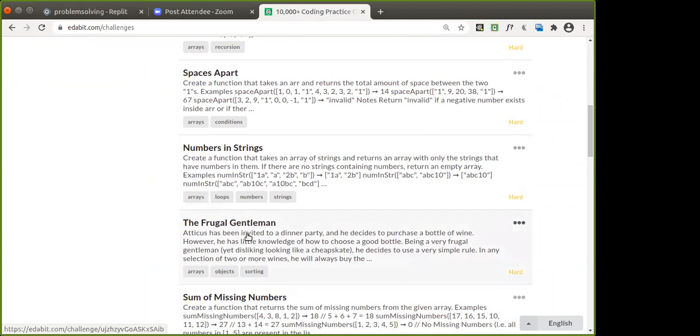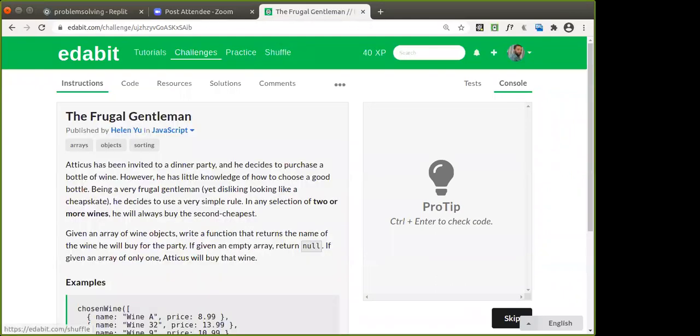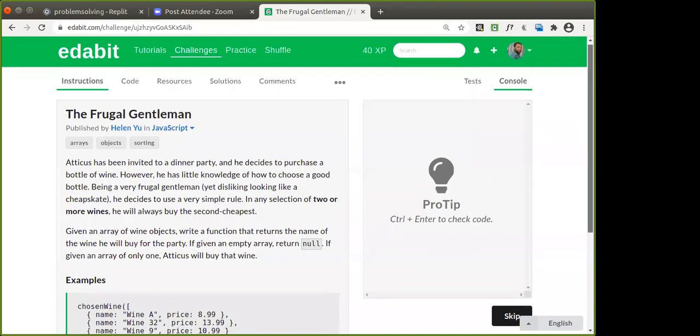Yes, let's take up this problem of the fungal gentleman. So, in this problem, what is the problem? Let us try to understand first.